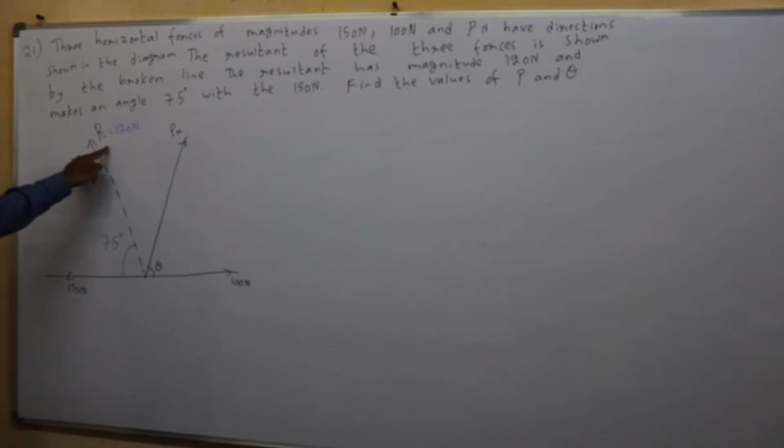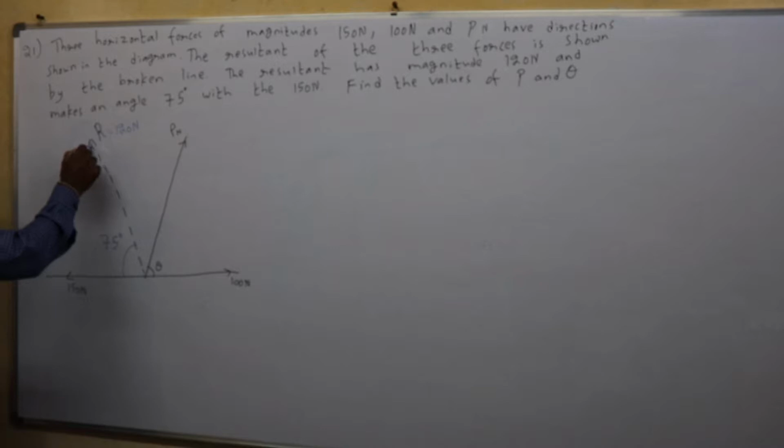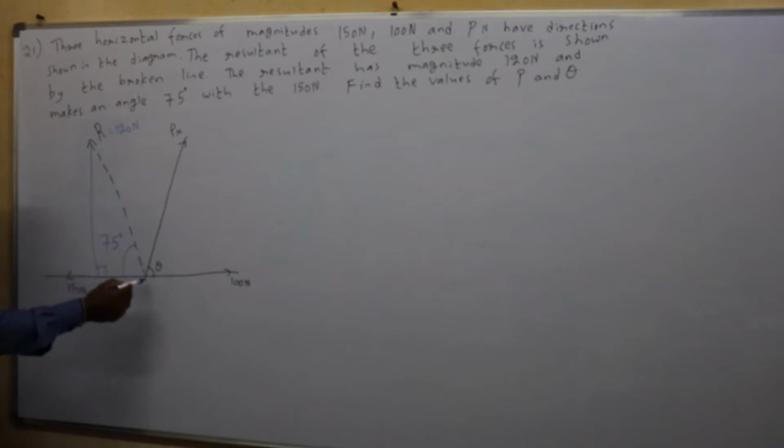I have the resultant acting at an angle, so I can resolve it. To resolve the resultant, I need to drop a perpendicular line. So instead of going in this direction, I could move in this way and then vertically up. Now how much will this become? This is R cos 75, since it is adjacent to 75. And how much will this become? This is opposite to 75, so it becomes R sin 75.